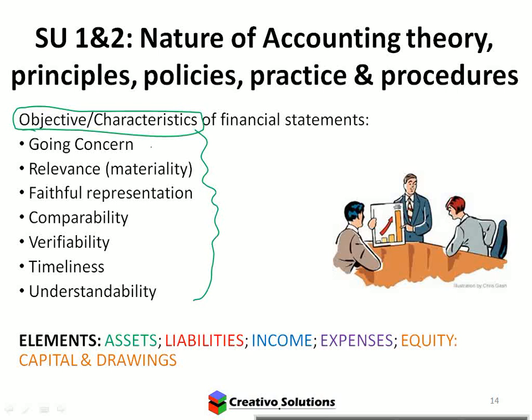When looking at financial statements, going concern just means the business will continue forever and ever without closing its doors. If the business is going to close its doors, can we show it as though it's not going to go bankrupt? No, that will be misleading. So a going concern means the business will continue, and we present that information accordingly. But if we know that this business is going to go bankrupt, then we cannot show the financial statements according to a going concern, because that's misleading to the users. Remember, the purpose is for users to use the information to make a decision.